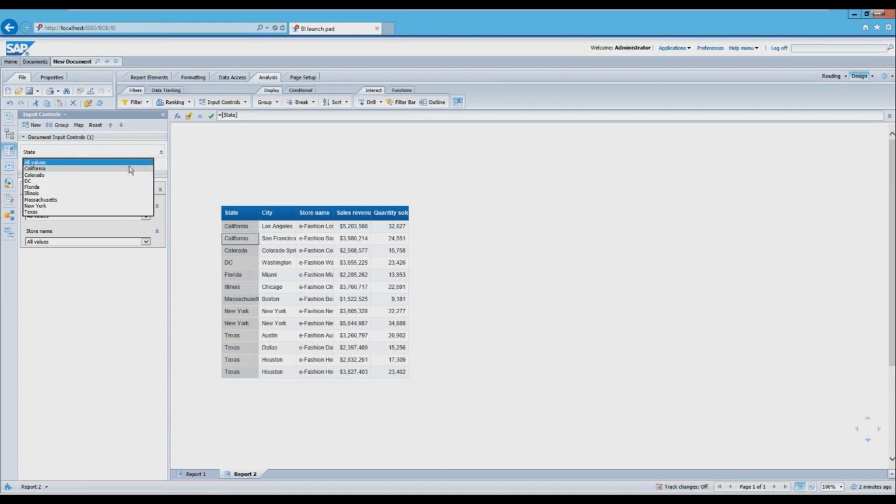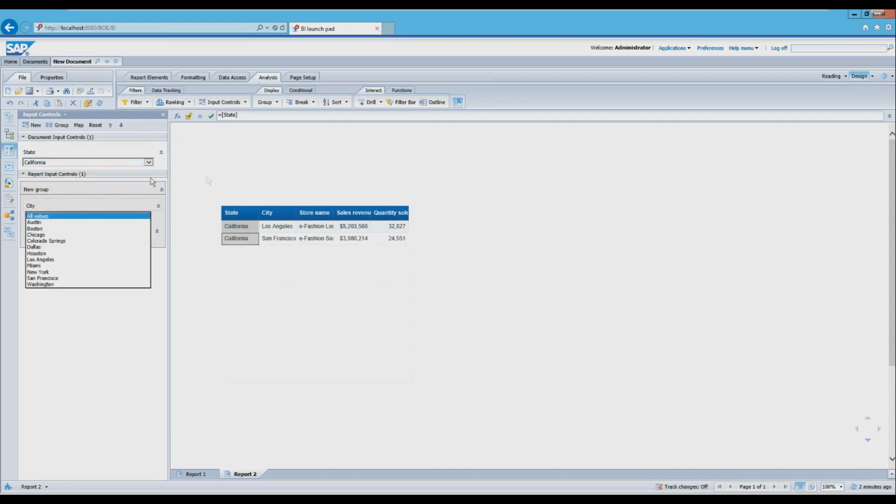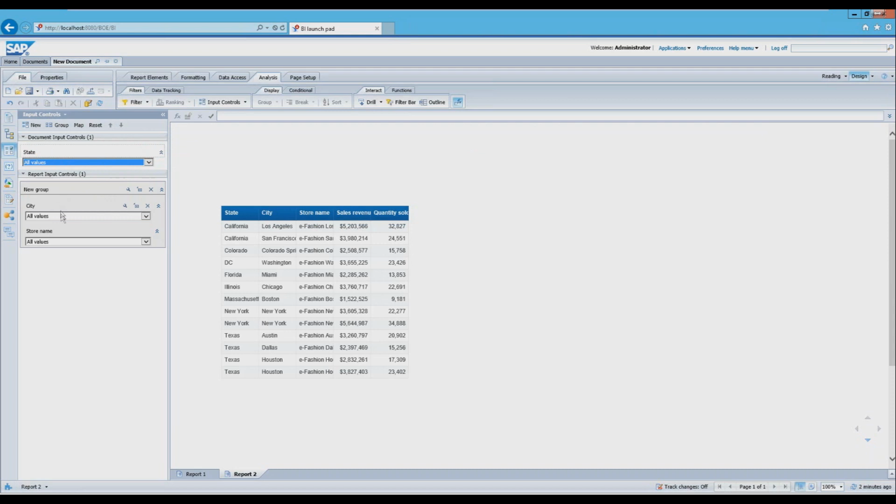So I drop down arrow and I say, we'll pick California, or Colorado in this case. Let me pick California, I like that one better, values. Then when I click the down arrow, whoa, I'm not grouped properly here. That's not gonna work. There's state, city, store. Let me reset that because it should have automatically filtered. It looked a little odd when it came up. So I got my state, my city,